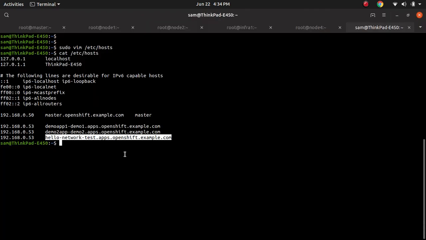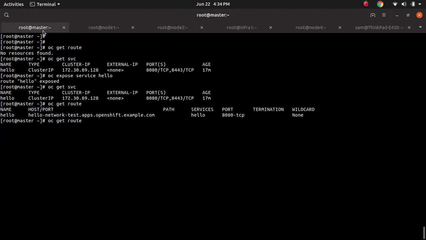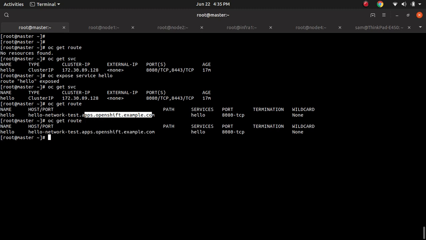If you remember this one, while creating this particular URL, we have not passed anything, we have just mentioned OC expose service. So by default this will expose your application by using this name. This is the name of the application, and dash your project name, then your subdomain name. If you would like to choose your name directly by using the application name and you don't want to use the project name, you can do that as well. How will you do that? You can see OC get route, you can delete this route,